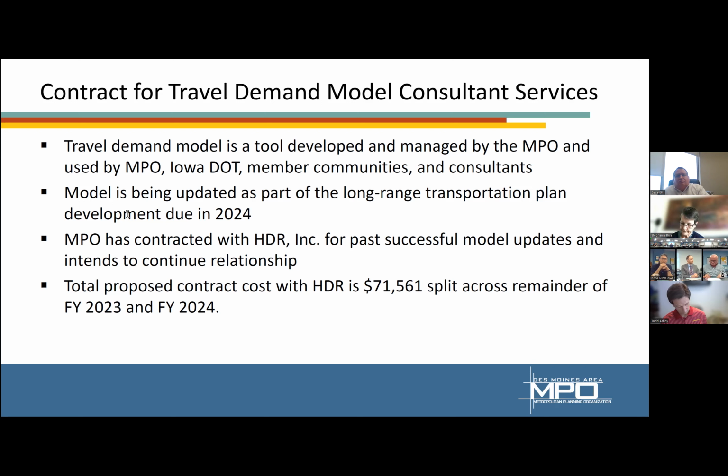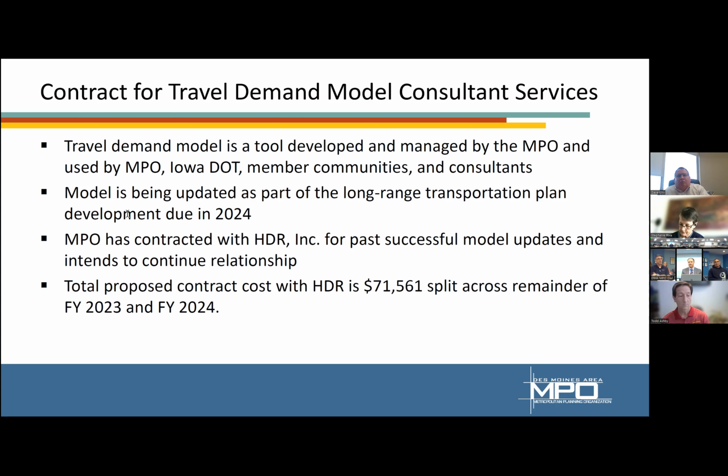So our staffing capacity that we have been working with the DOT, we can't do it ourselves. We have to sub it out. It would be more advantageous for us to sub it out. We have staff that can run the model, but to build it and get it to where it needs to be in that level of detail, it would take all of someone's time plus then some, where we can just contract it out and it makes it more efficient. It's a risk if we don't update it.